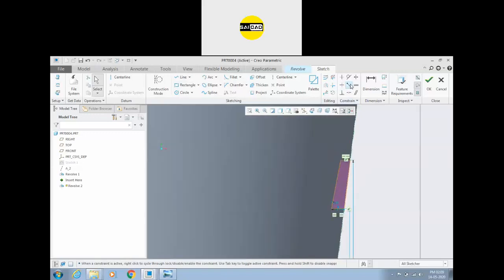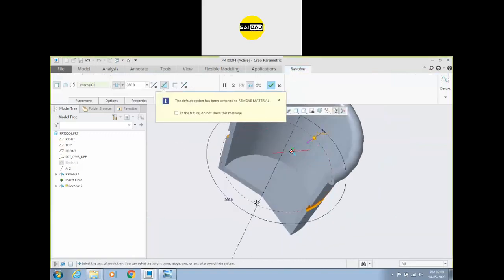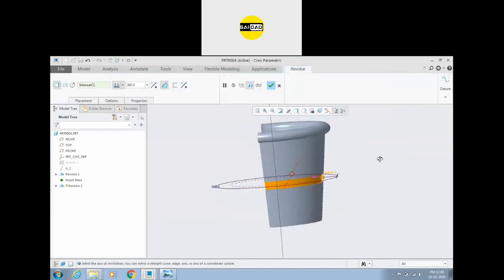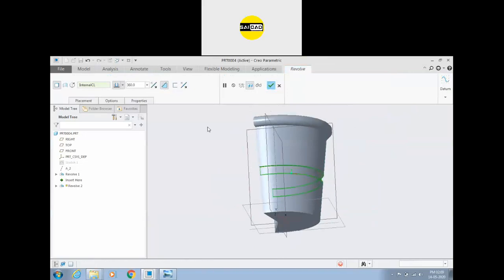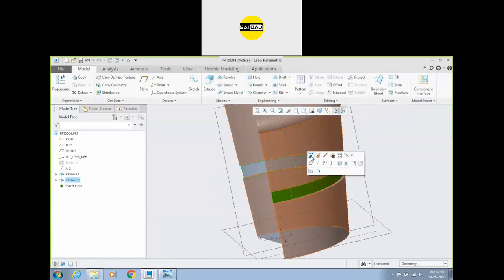Okay, define the relations you need, and you can create an axis of rotation from here. Okay, so you can see that the axis of rotation is directly selected and the cut is created like so. This is the revolve and revolve cut.